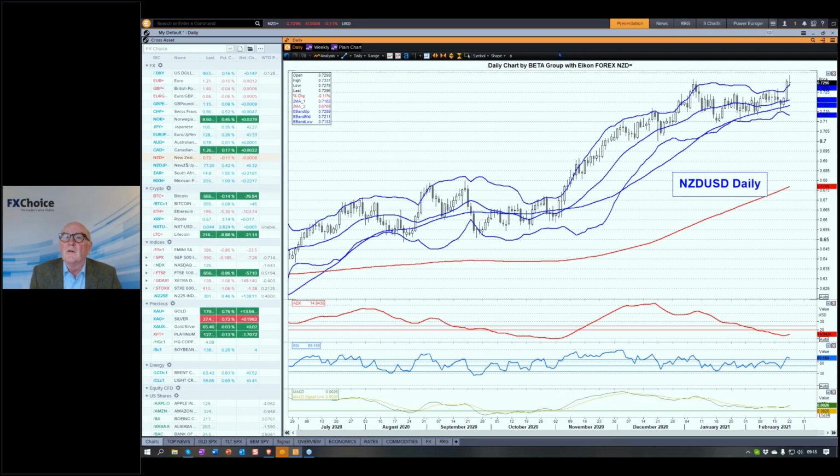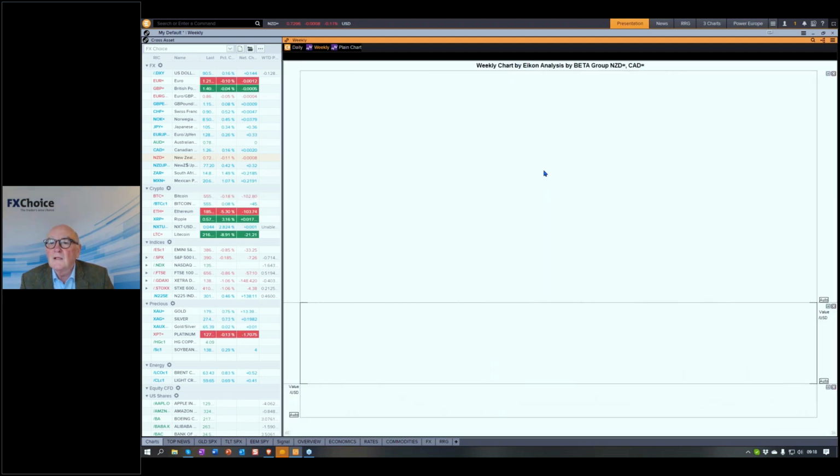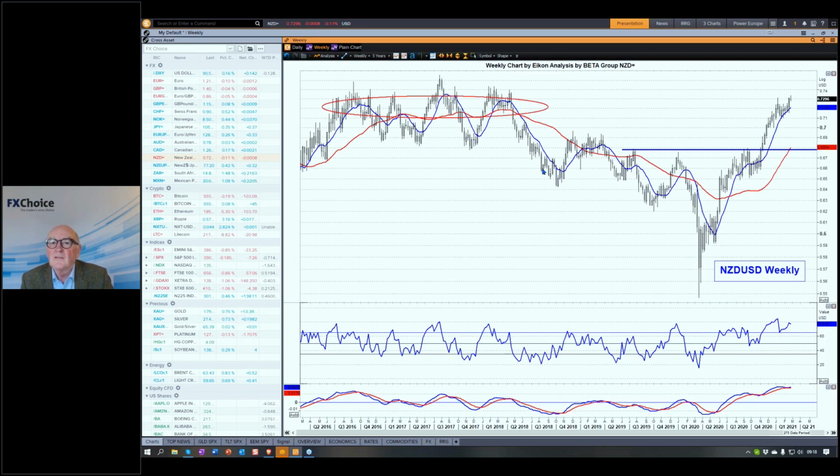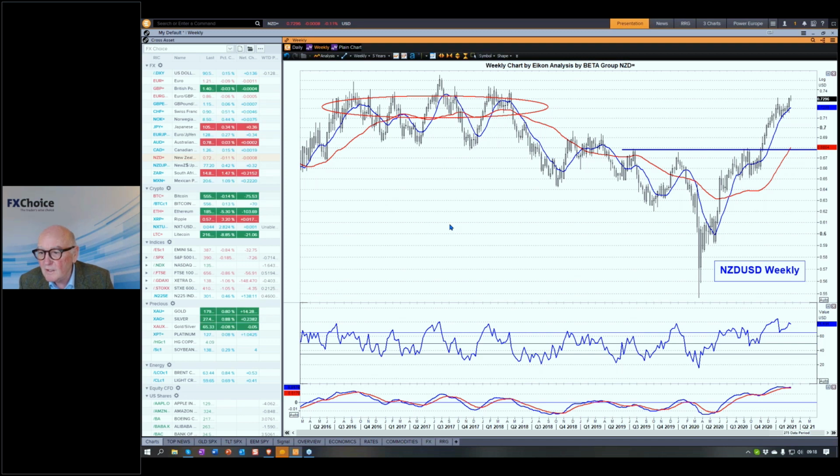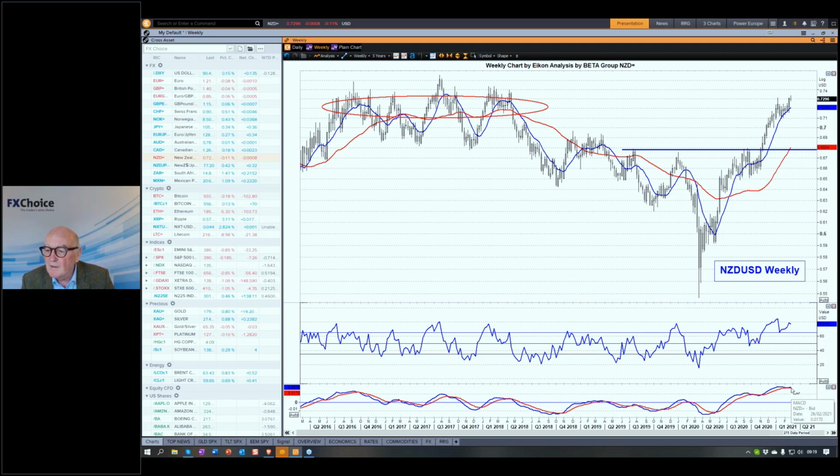Okay, there we go. Again, let's go from the weekly point of view. It's important to get this context here. We're powering ahead here, but into this big cigar over here from 2016, 2017, 2018 area. But look at the strength of the market as it does it, where the RSI is once again on its way up. The weekly MACD nearly crossed but didn't, and that's a real lesson in don't be premature about these